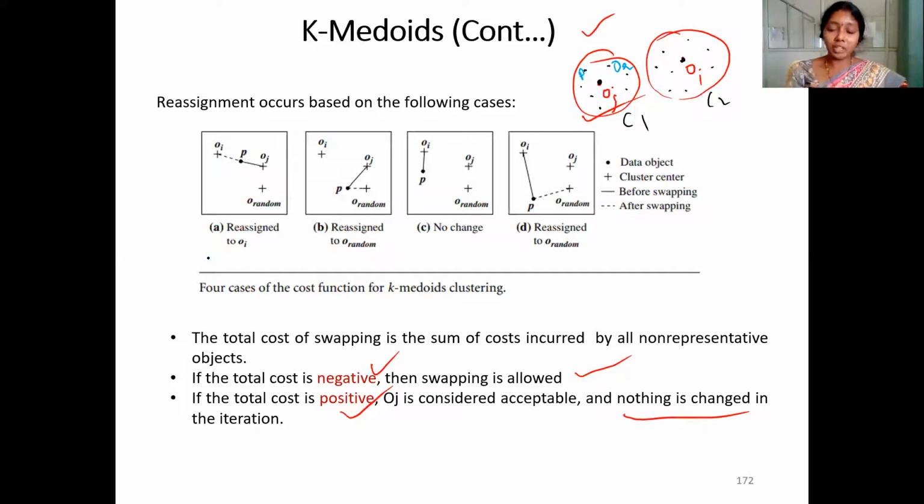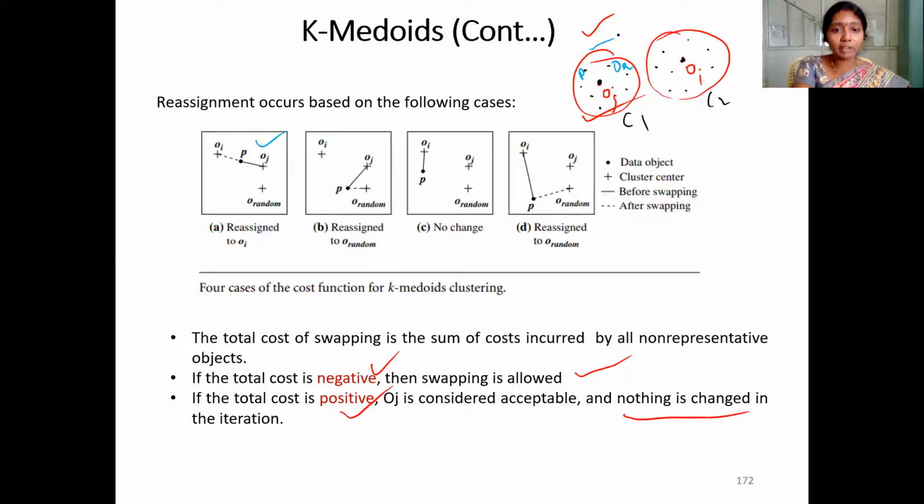So let us consider P here. How to decide whether P should belong to cluster 1 or cluster 2 or what? How to decide that? For this, here are 3 cases. In the first case, P presently belongs to oj.